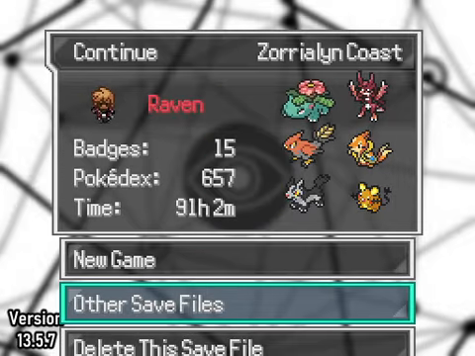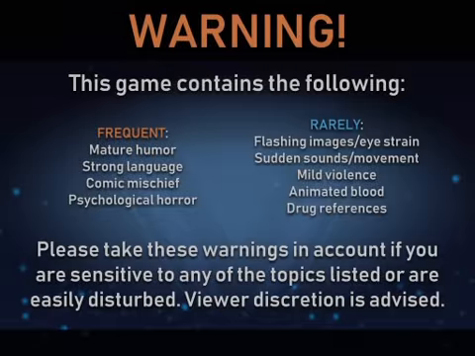So what we're going to do here, we're going to do a new game. This should be save slot 3, right? And we're going to...